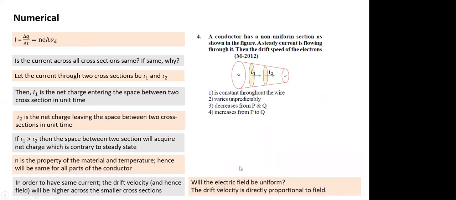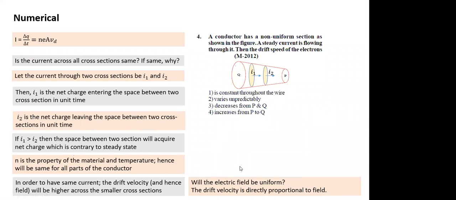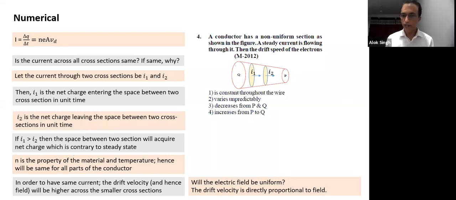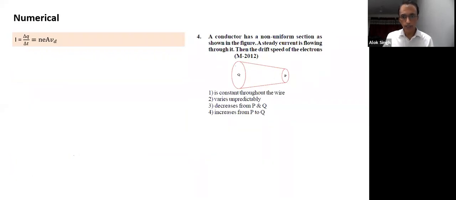So what will happen to current density? It will be the same all over, right? Tell me now: what happens if the current is the same but the area is not? If I divide the same value by different areas, will the current density be the same? We have seen this in the previous slide, so just pay attention to that part. We understood the field part also.